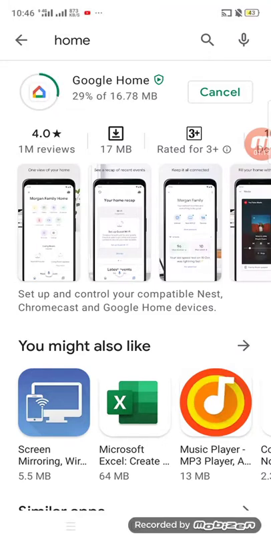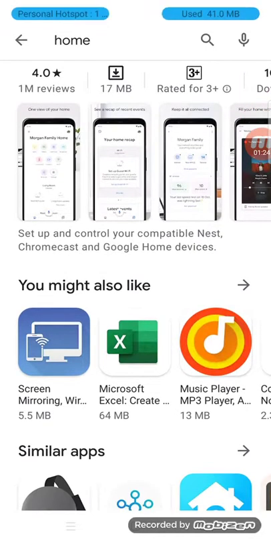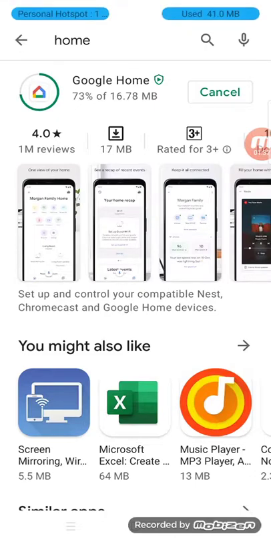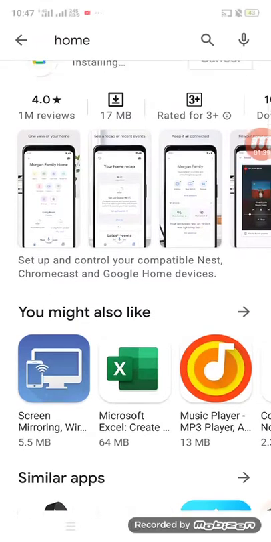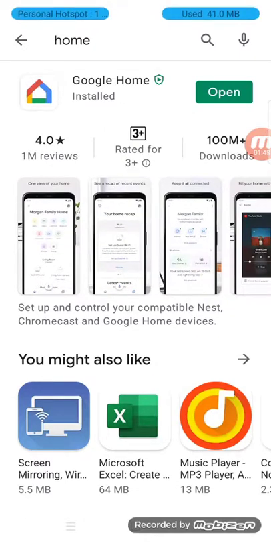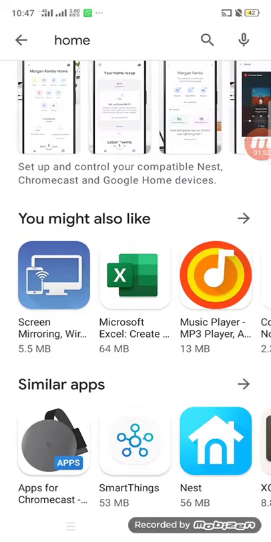Wait a few seconds. Google Home app, install it. You see installing Google Home. A few seconds and done. Installed and done.